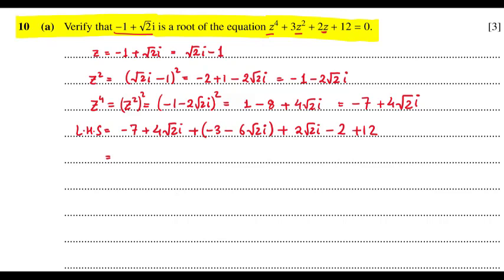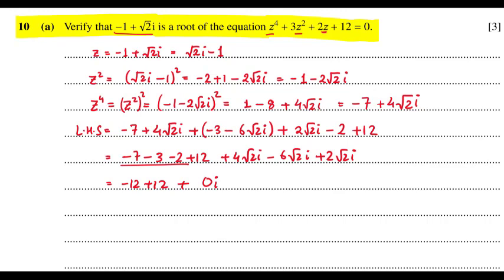So it is -7 -3 -2 +12, and 4√2 i - 6√2 i + 2√2 i. -7 -3 -2 is -12, so -12 + 12, and 4 - 6 + 2 is 0, so it is 0 times i. This also gets cancelled and we are left with 0, which is actually the right hand side. Hence